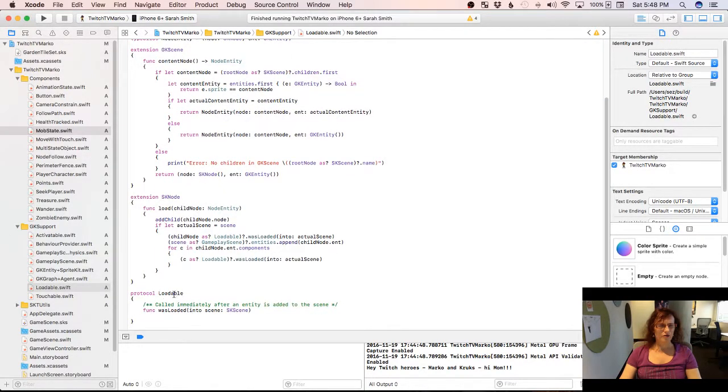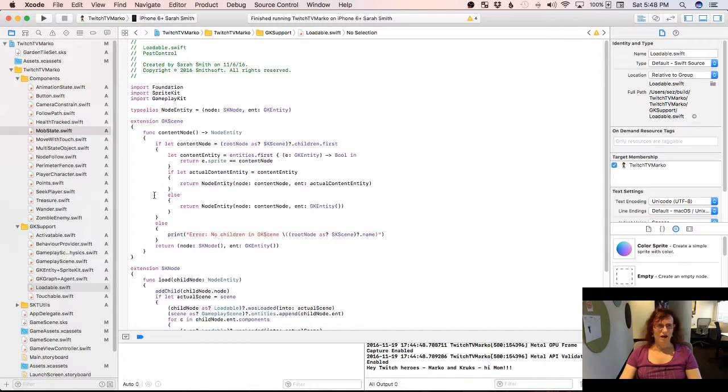The loadable protocol is here. All it does is say, hey, I am loadable if and only if I have a wasLoaded function, and I extend entities